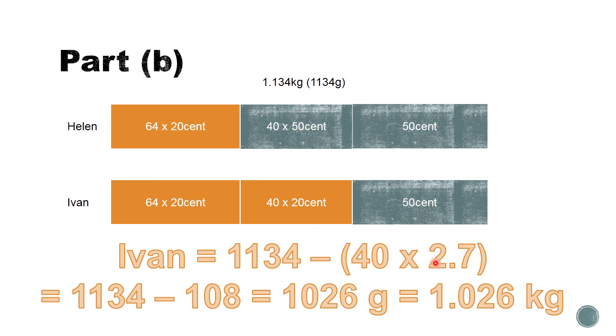Of course 40 times 2.7, I will get 108. Then 1134 subtract 108, I will get